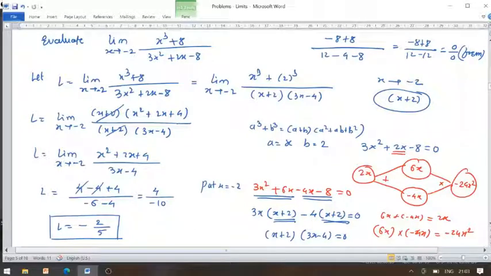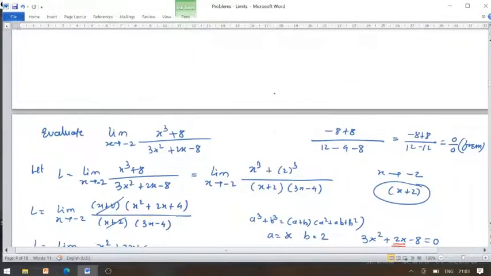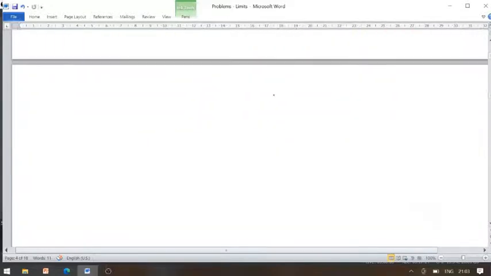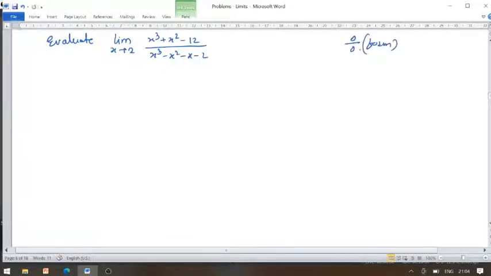Now look once. Here we have a quadratic and cubic function from numerator and denominator. Now what will happen if we have a problem of the form evaluate? So somewhere we have to use the synthetic division method for finding the factors of the polynomial. Limit as x tends to 2 of x cube plus x square minus of 12 divided by x cube minus of x square minus of x minus of 2. Again, if you replace all x from numerator and denominator by 2, definitely you will get 0 by 0 form. You may verify it once yourself.